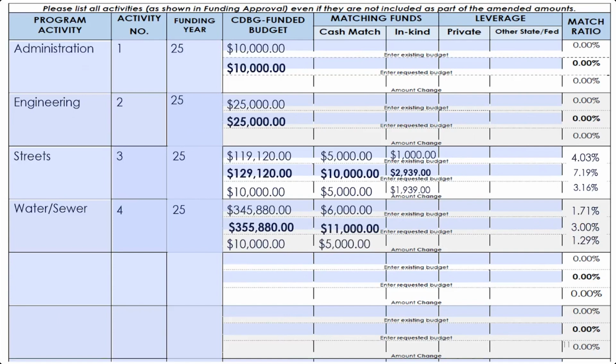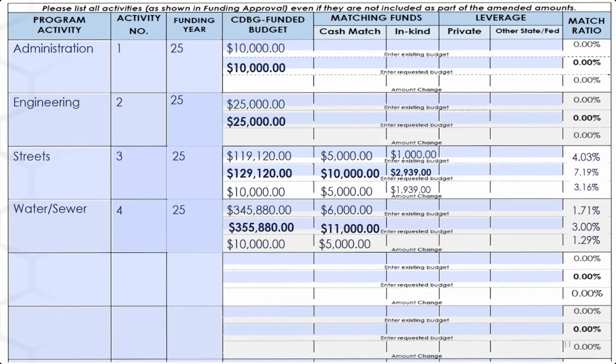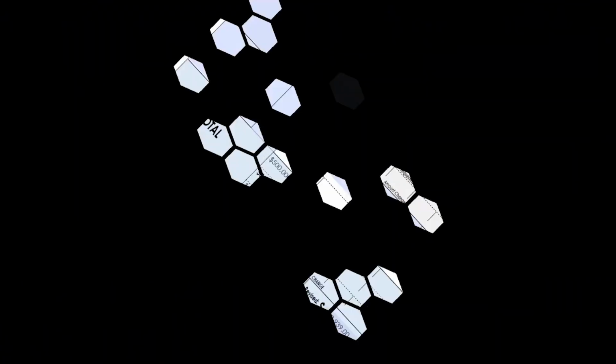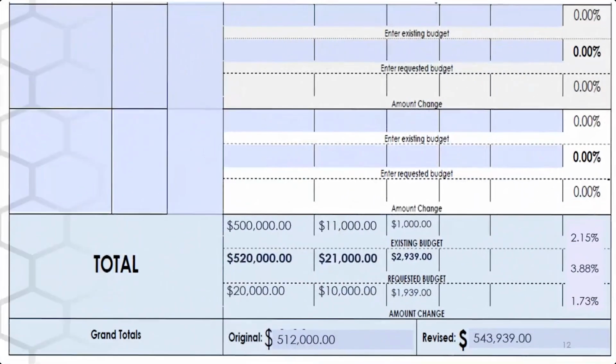All right. And then we'd want to double check our total budget. So this is just making sure that everything calculated from the numbers we added, and we've got that total change for each line, and if those numbers are correct,